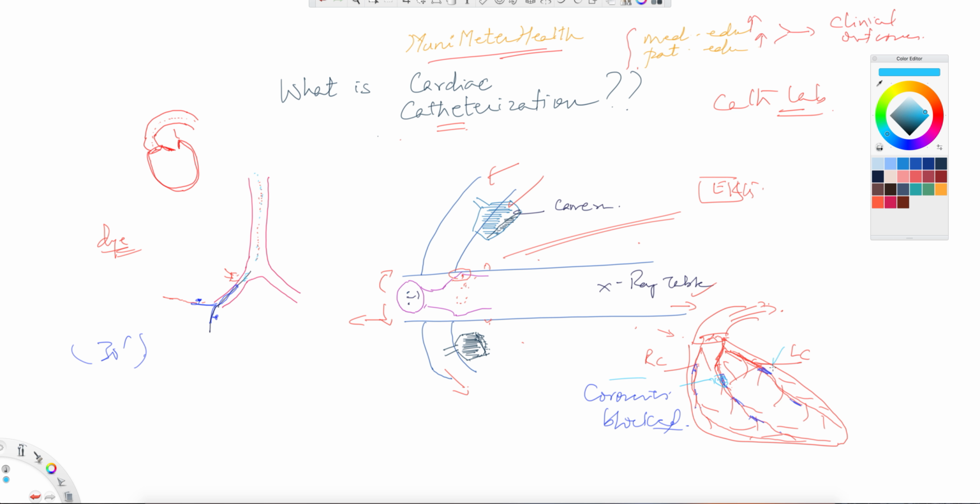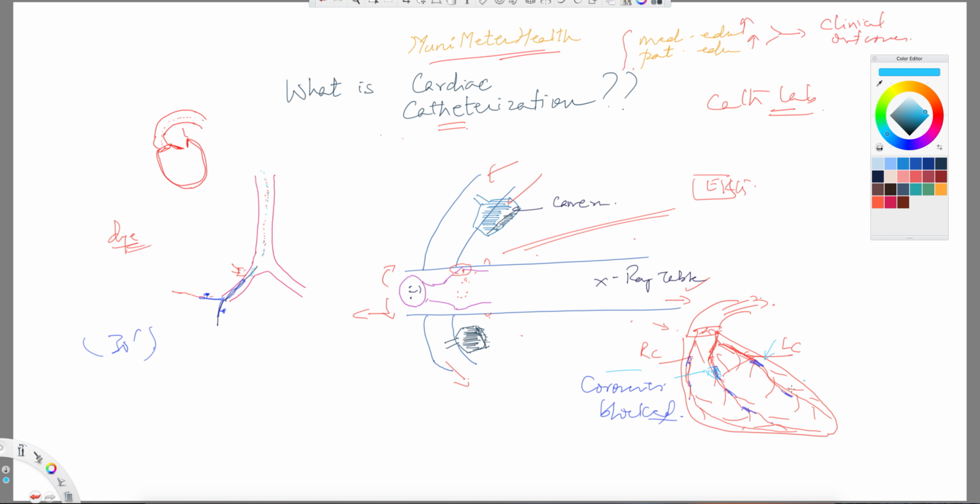The obstructions are here, and they could all be managed by putting a stent. You could do all of that. Okay, so that's where we are